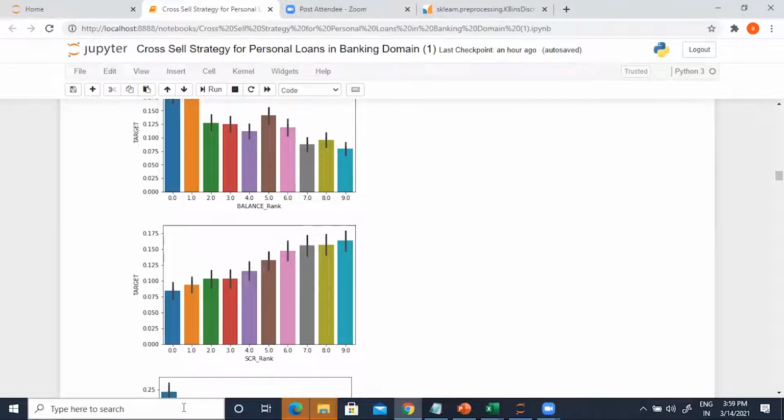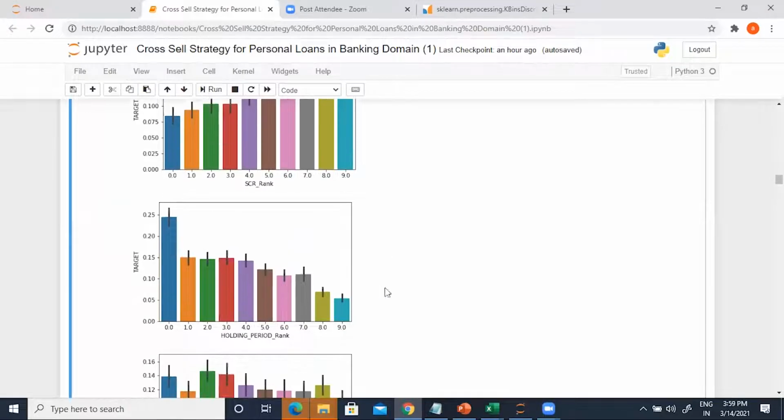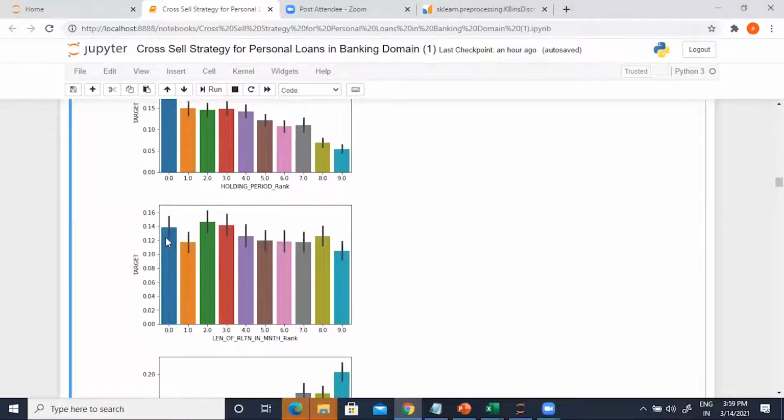That this is what I observed. This is the evidence right in front of you, that why did I choose SCR as a part of my modeling feature. So that is why we're doing this. Yeah, I like this variable. This is a very good, nice discriminator. This one is a good discriminator. This one, not so much.